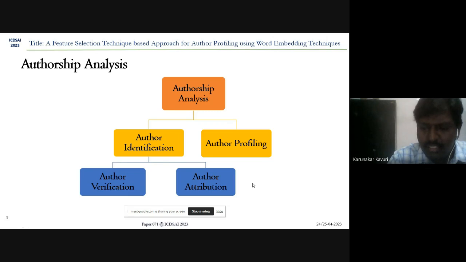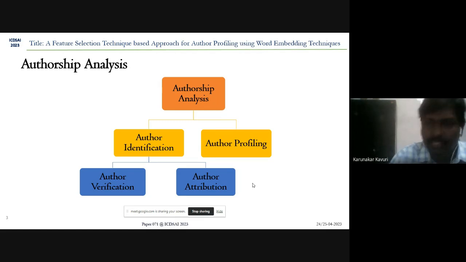Author attribution is just determining who wrote a text document. We train the machine with, for example, 10 other documents, and finally we come to the conclusion of who wrote the text of unknown authorship. As for author verification, we take the information related to a single author and the number of documents used to train the model. We will get whether the document is written by that author or not. These are the three tasks.